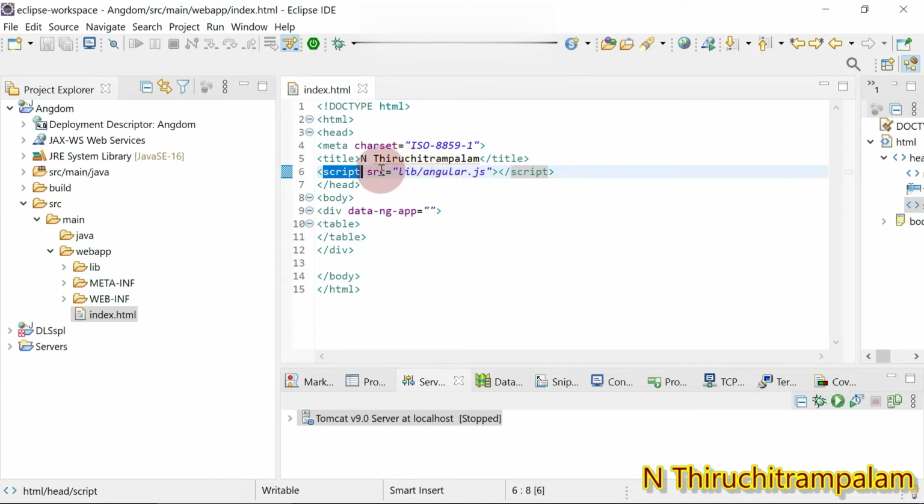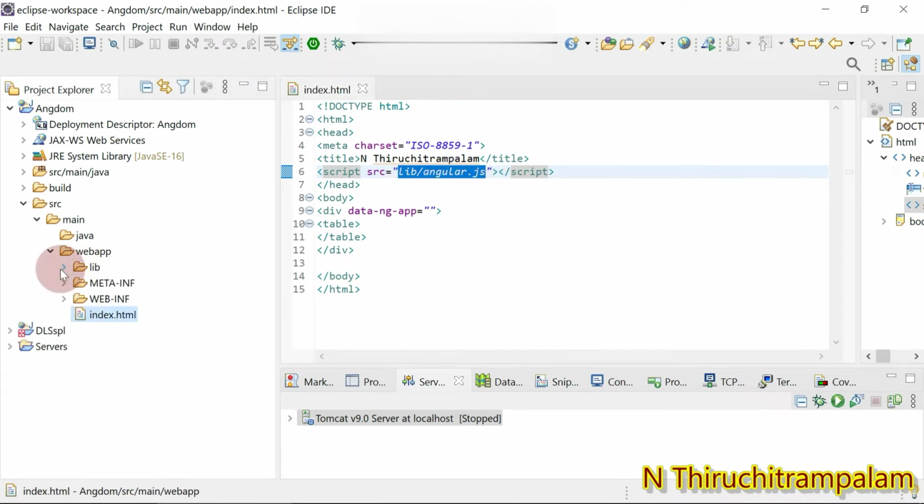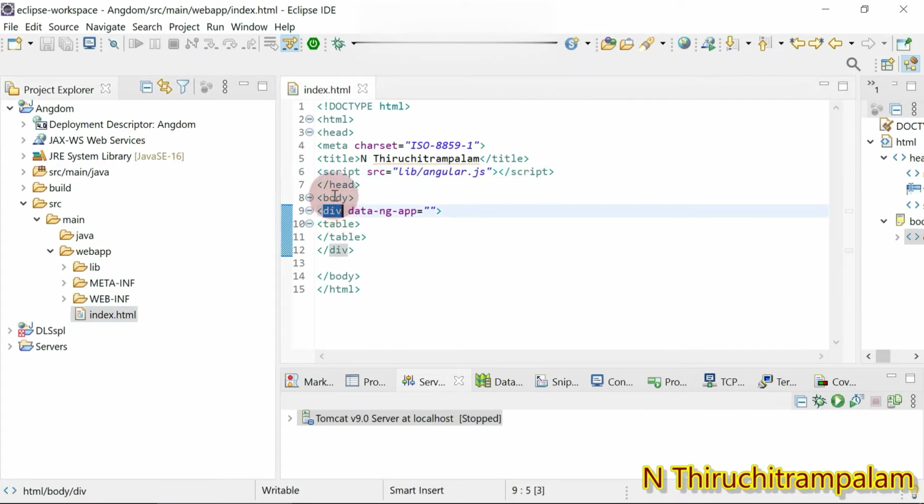Here the src attribute is assigned with the angular.js file name. This file name you can see in the lib folder here. Fine, that's it. Similarly I have created the div element underneath the body. In the div element I have given the ng-app, the AngularJS app name, that is a model name. Default model exists here.